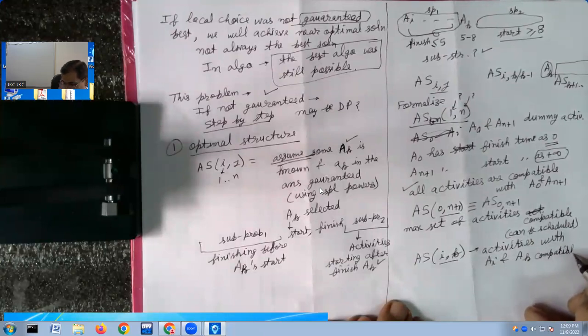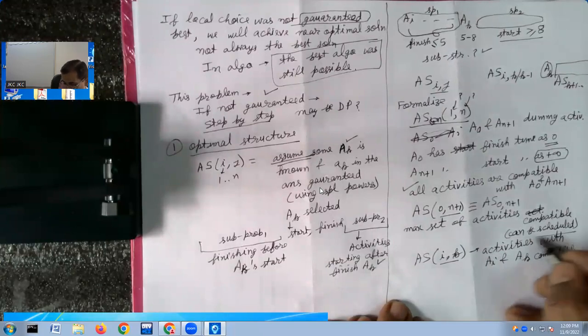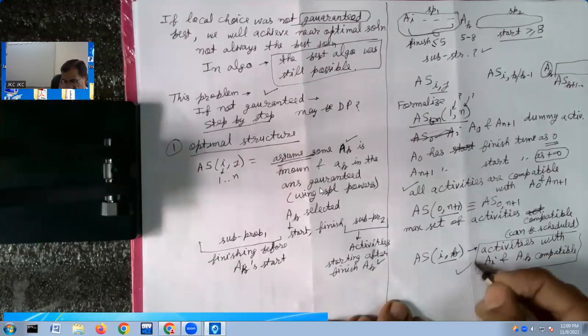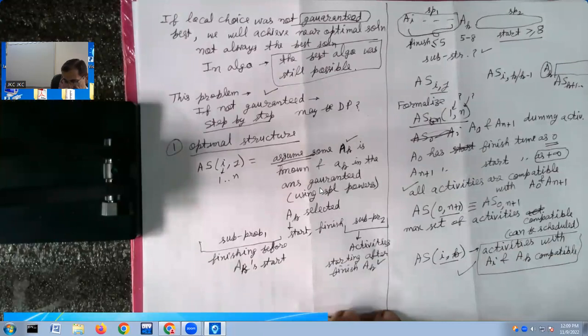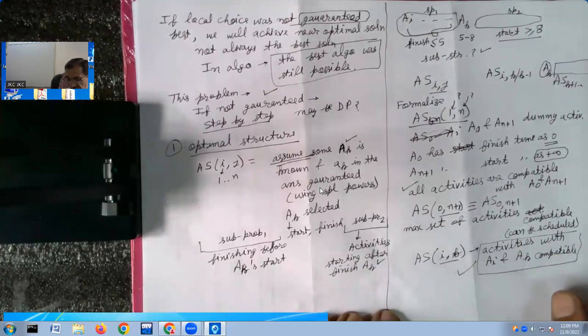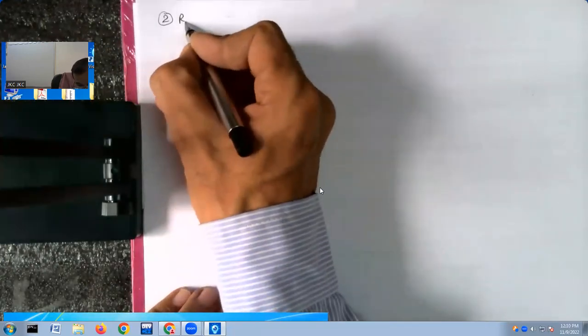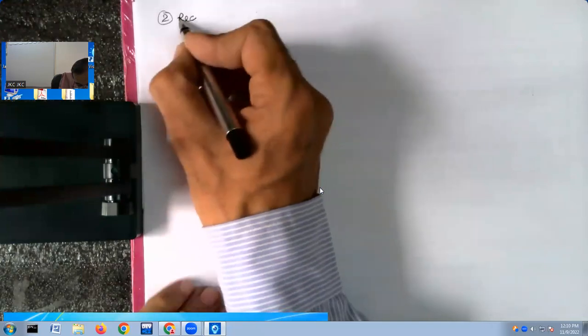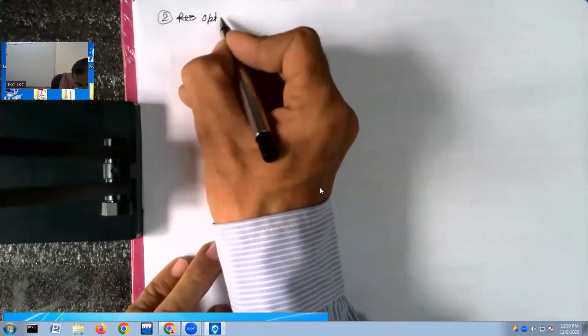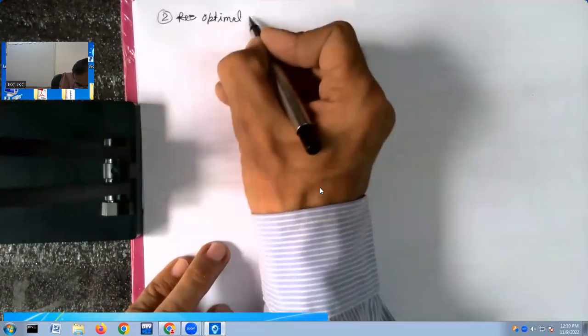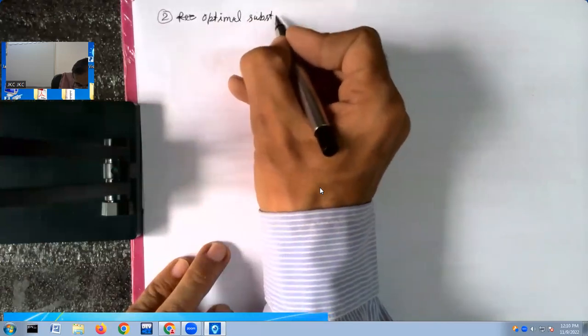So this notation helps me find the compatible activities answer set, and the same recursive definition will be possible. So effectively, my second step of making the recursive definition, or optimal substructure, now becomes possible